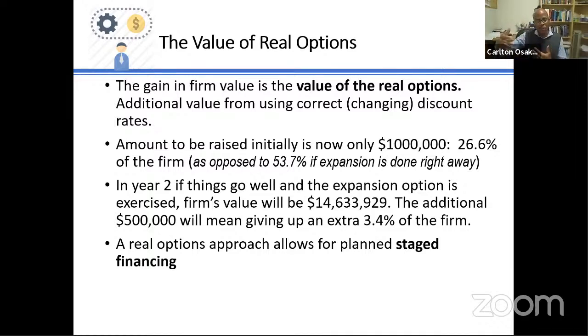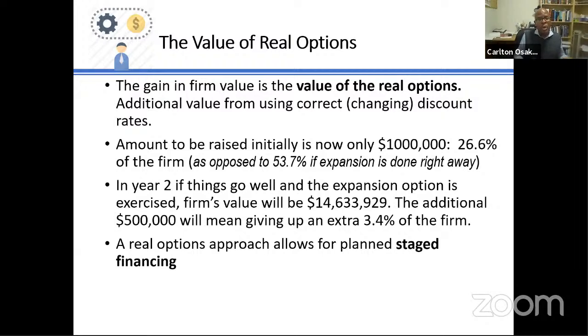and then you wait and see, and if things go really well, then you exercise the option, you raise an additional 500,000. But by that time, the firm is extremely valuable, and that additional 500,000 that you're going to raise will only be an extra 3.4% of the firm. So in total, you'll end up giving up less than 30% of the firm,